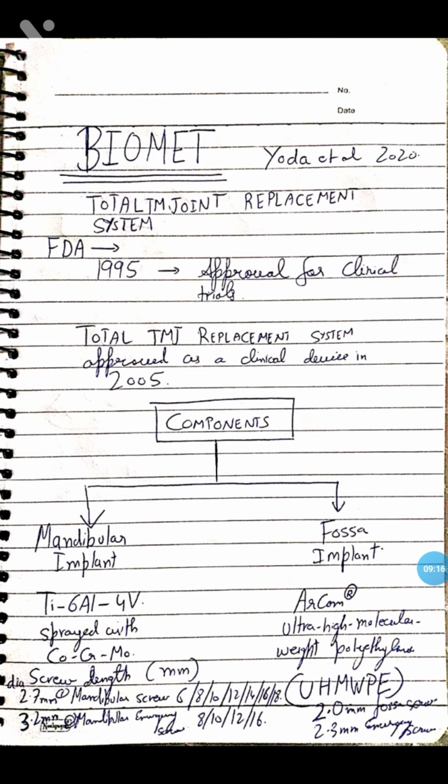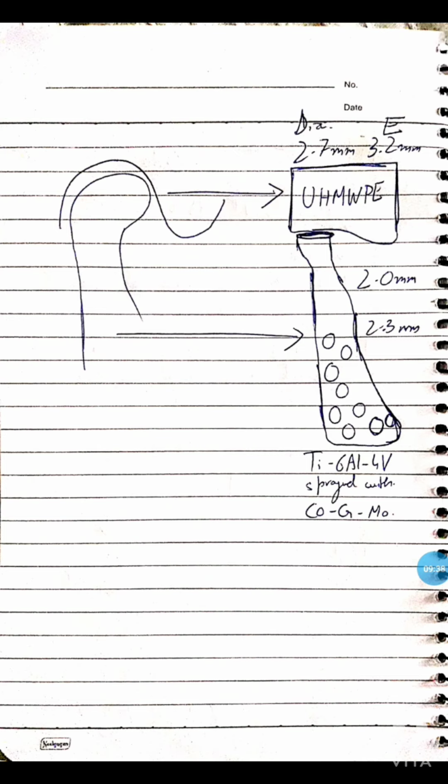The total joint replacement guidelines is a very good document by Dr. Peter D. Quinn, who's a DMD and an MD, and the contributors are Dr. Franklin Dolwick and Dr. Douglas P. Sinn. Dr. Peter Quinn is the professor and chair in the Department of Oral and Maxillofacial Surgery at the University of Pennsylvania. So according to him, the following steps have to be taken in order to replace the joint.